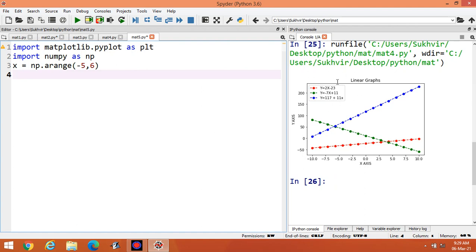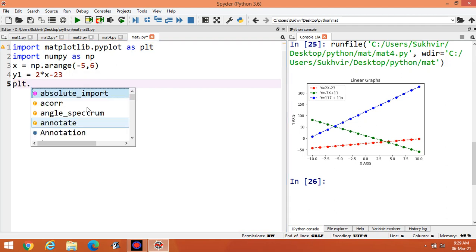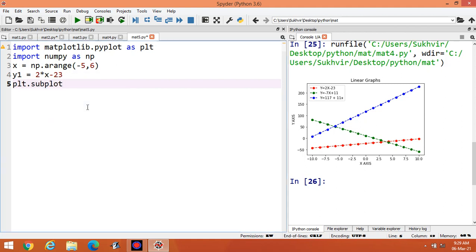Suppose I have to design these three graphs. y is equal to 2x minus 23 and one additional graph, let us say 4 to 5 graphs or 6 graphs. Suppose I have to represent them separately. Let y1 is equal to 2x minus 23. To design the graph separately, plt.subplot.